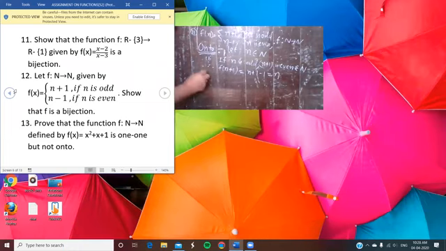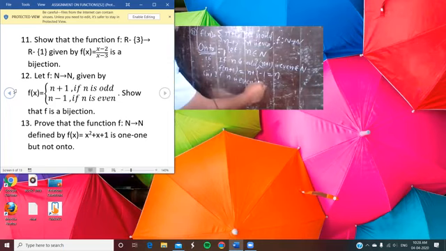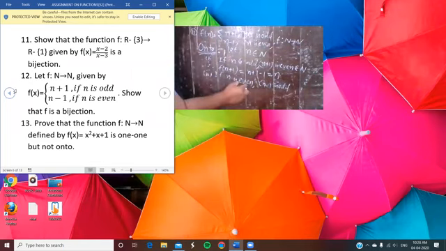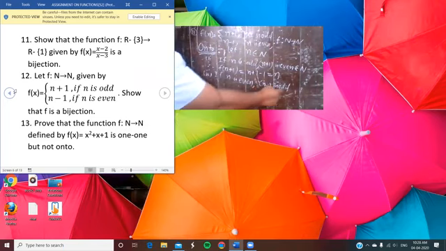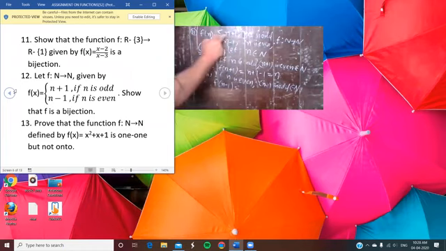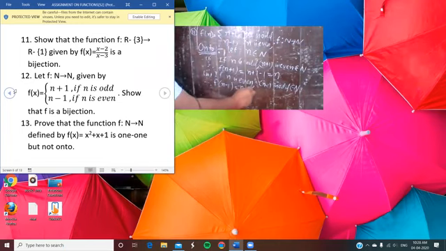In the same way, in the second part, if n is even, and that n belongs to N here, n minus 1 is odd. If n is even, n minus 1 is odd, and that belongs to the natural numbers. So what about f(n minus 1) for odd? You have to put it here: n minus 1 plus 1, again you have n.